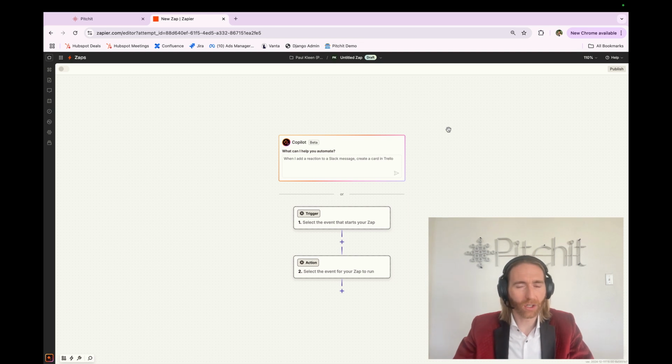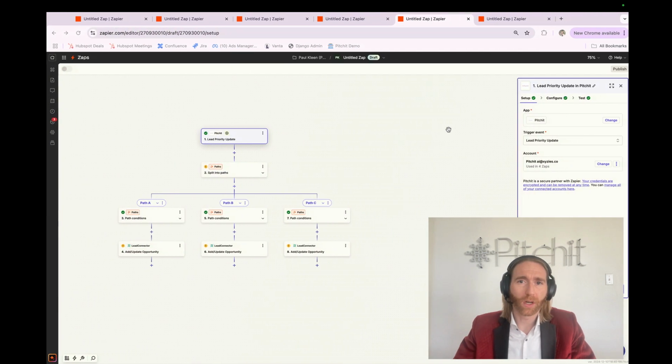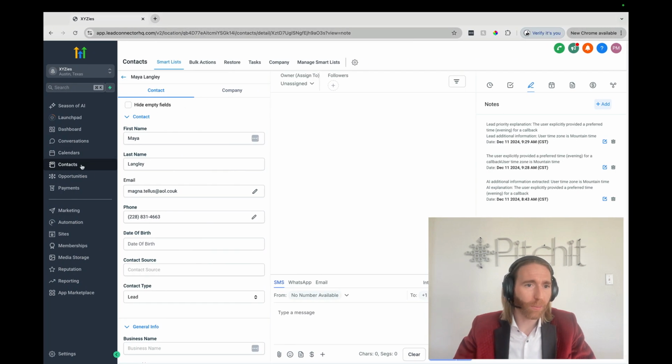Want to apply conditional logic so that every time a lead priority is updated in Pitchit, that gets synced back to your GoHighLevel account, so that you don't have to deplatform in GoHighLevel just to have Pitchit qualify all of your leads using AI agents. And in order to make this work, you're going to want your GoHighLevel account to have a couple of different